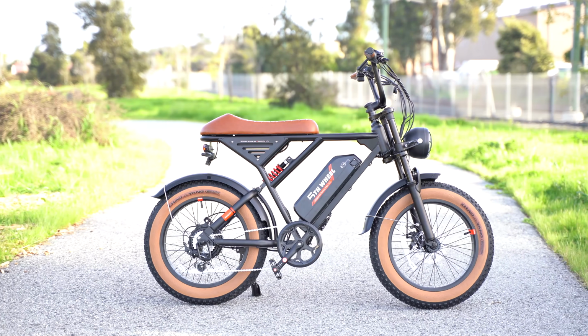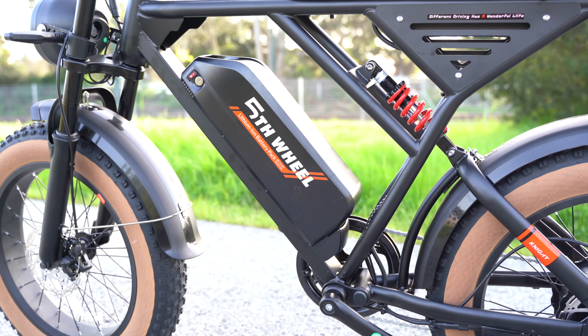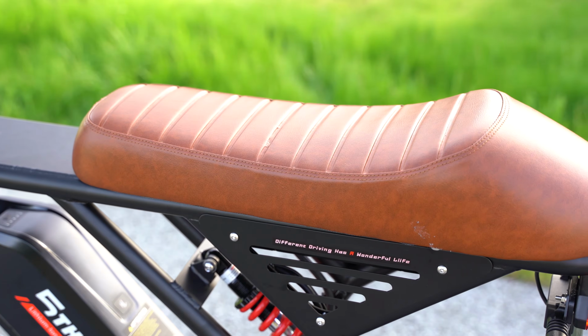This video is a review of the Fifth Wheel Knight retro fat tire electric bike. I'm going to go over the controls and settings, test acceleration, max speed, brakes, and hill capability, and review the